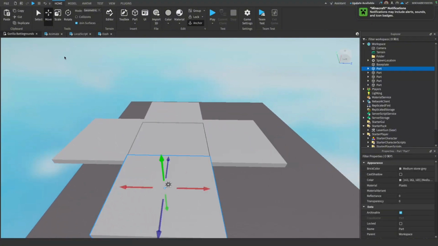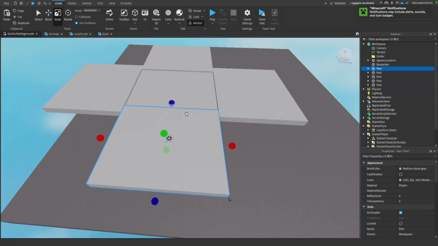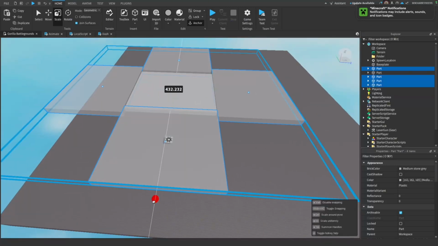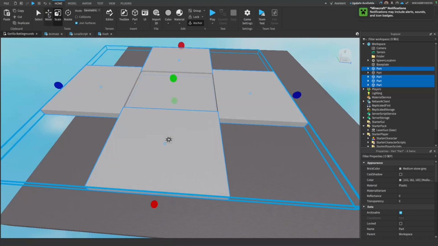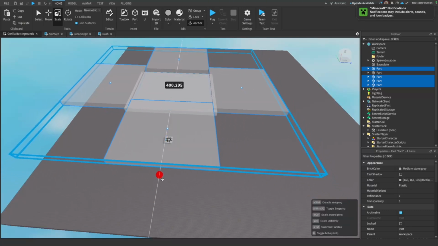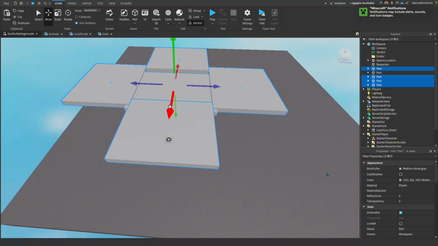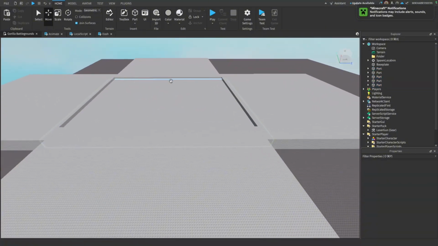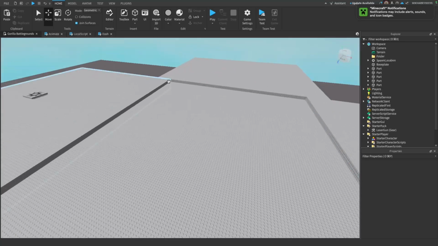Let's make this a little smaller. I'll also use this, and this. Actually, yeah, let's make this a little smaller. Let's move this all over here. And now, as you can see, this is a very good map. And now let's just